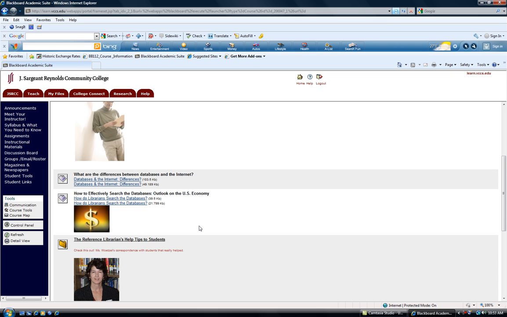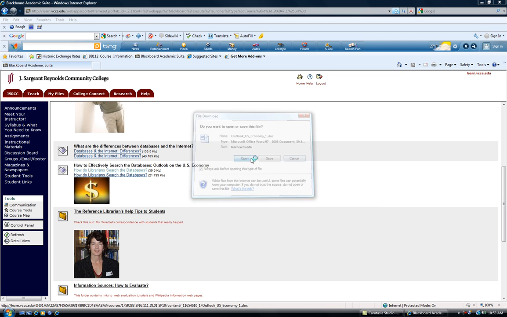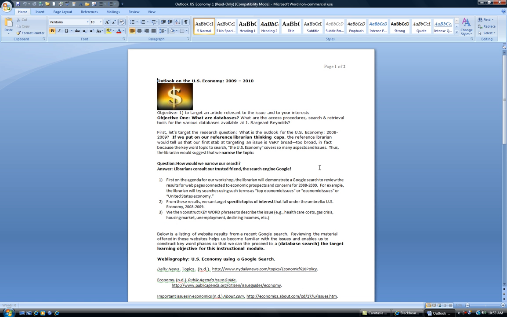The beauty of the internet is you can click on what you want, and you can avoid other links or come back to them at other times. How do librarians search the databases? This is the basis of the workshop that takes place in class. And Denise Wetzel and I worked on this at one point. And Denise takes the students through